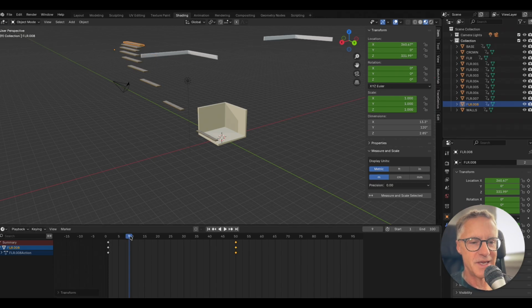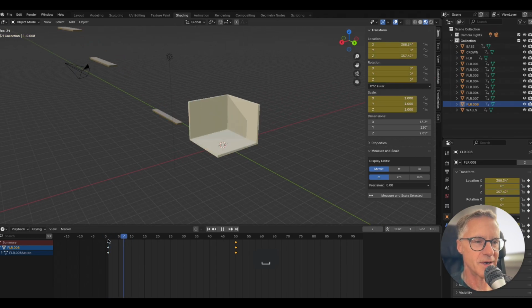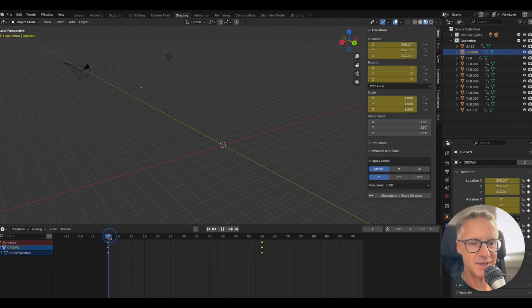So now if we play this animation, we got some interest going on here. The floor's going in. So now we're going to just drop in these baseboards. So on this one, I'm just going to go up here and I'm going to put these back to 0. And I to insert a keyframe. And then the last thing I'm going to do is the crown molding. So this one here, I'll just put these all back to 0. I to insert a keyframe. Now if I play my animation,